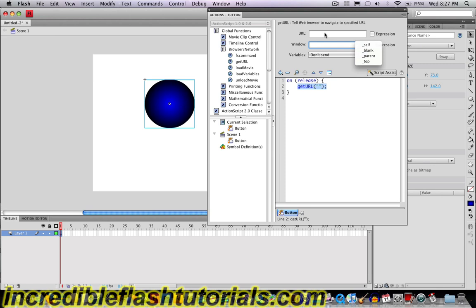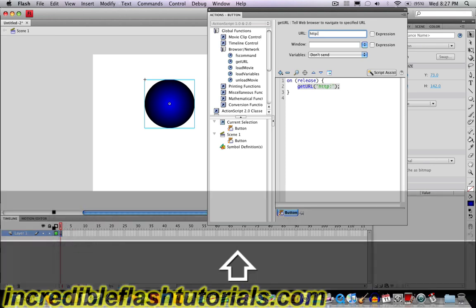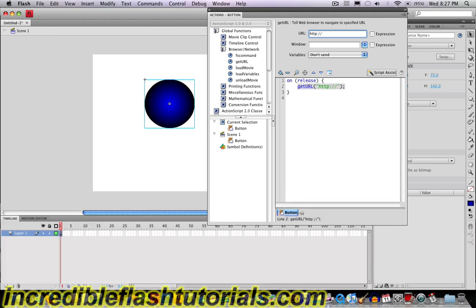For right now, let's input a URL for this demonstration. It can be any website that you want. Just be sure you include the http:// when doing it, or else it might not work. So I'm going to type http:// and now type in your URL. For instance, I'll just type in my website,